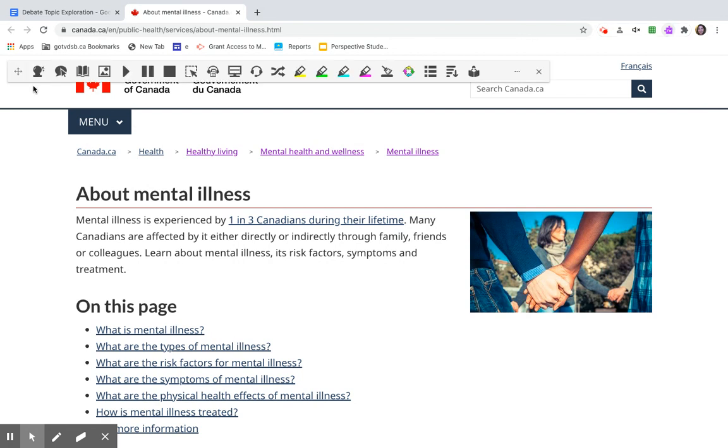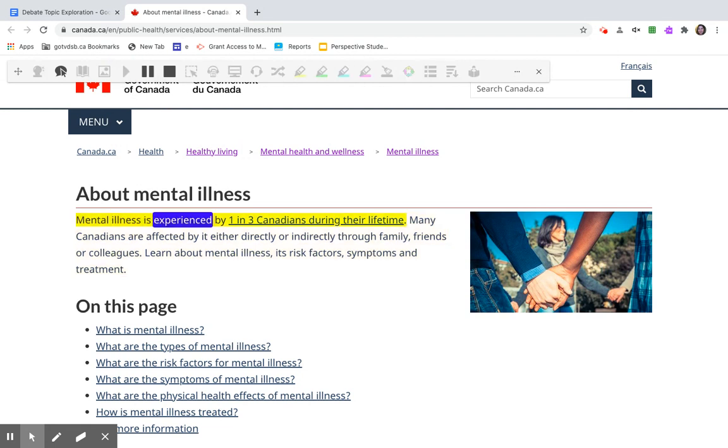So when you click on it, you'll get a menu up here, and there's a variety of options for you. When you hover over each of the options, you'll see what the expectation is. So we're going to work with the play, pause, and stop today. But there's all sorts of different things that you can do with your Google Read and Write. So the first thing I'm going to do is I'm going to highlight the section that I want to read to me and press play.